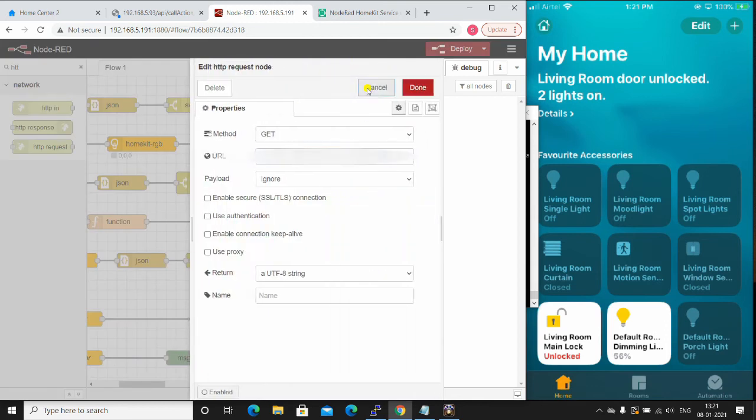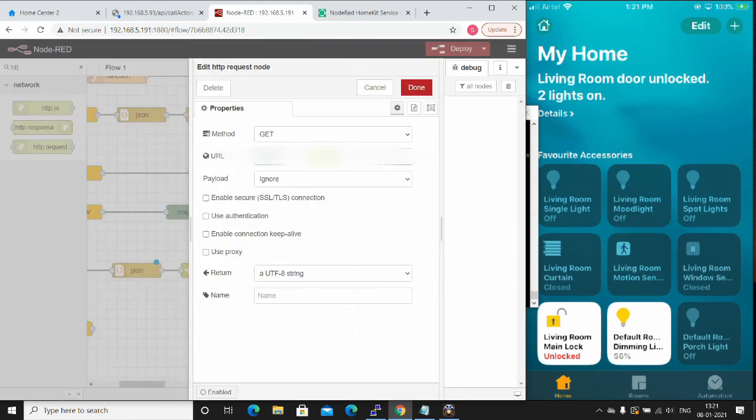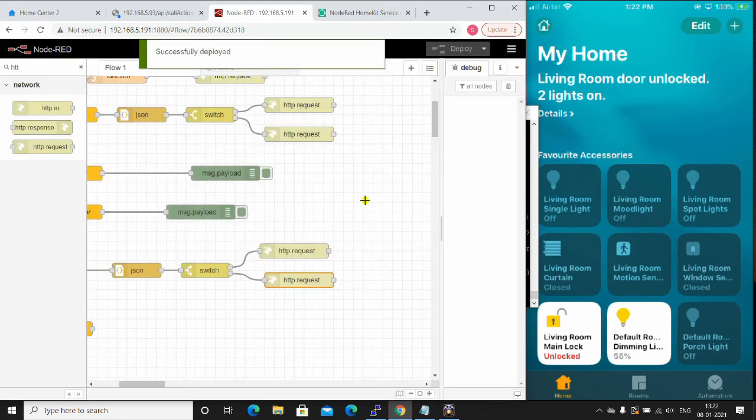I'm just going to copy paste. I've blurred out the format because it shows my Fibaro ID, so you can get the complete format in the description. And here it is. You just make sure that you put the correct device number and the action name is equal to turn on or turn off. Okay.